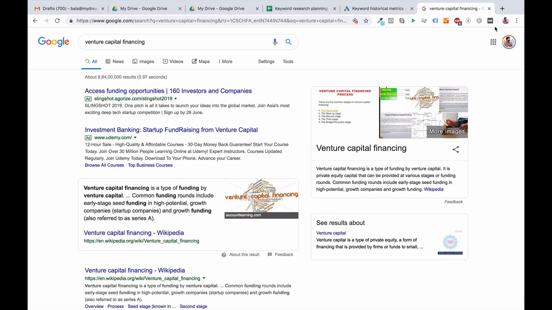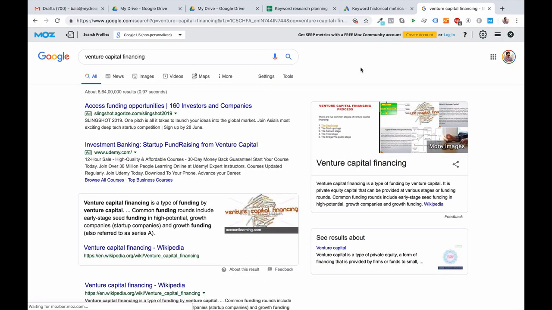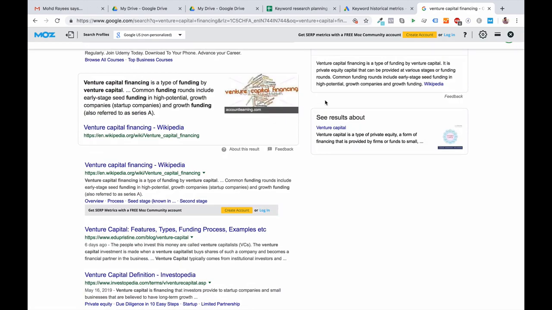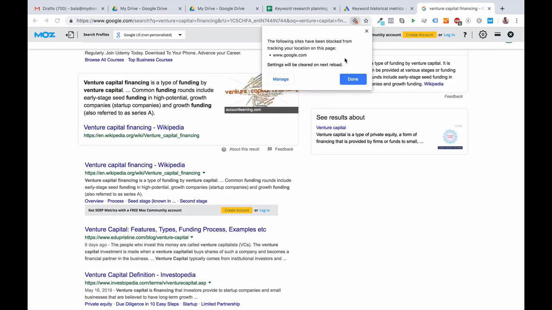So if you have not installed the Mozbar tool, Mozbar is the tool name, install that. It's a Chrome extension. It's a Google Chrome plugin. It's a very simple installation. Just type Mozbar Chrome plugin, and you will be able to install that. Right. So here, what does Mozbar do? Mozbar shows the domain authority of the